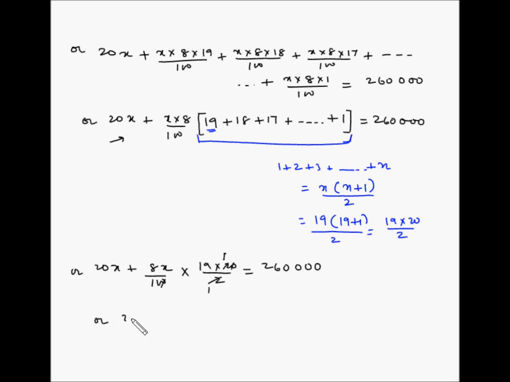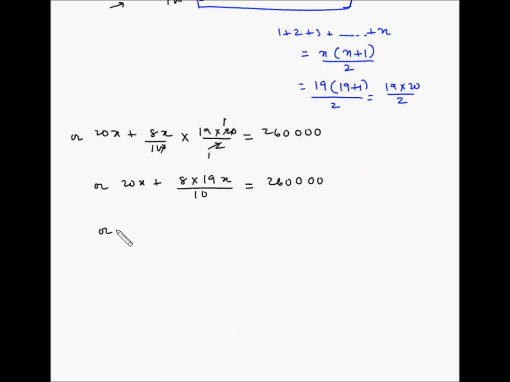So this becomes 20x plus 8 multiplied by 19x divided by 10 is equal to 260000. So 8 9s are 72, 7 carry over, 8 1s are 8, plus 7 is 15, so 152x by 10